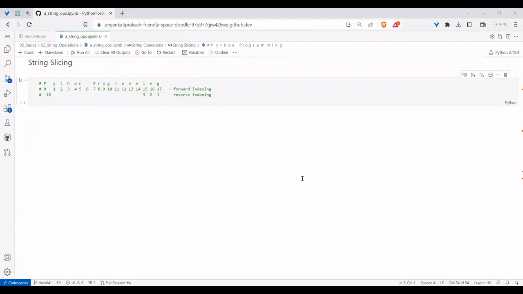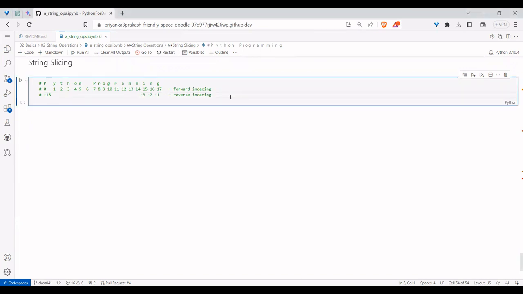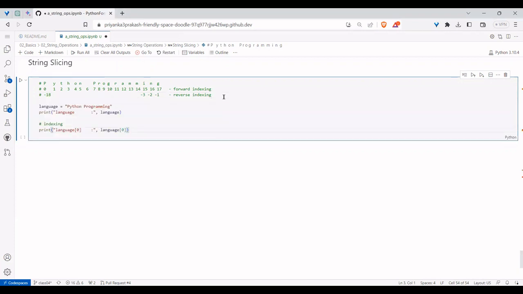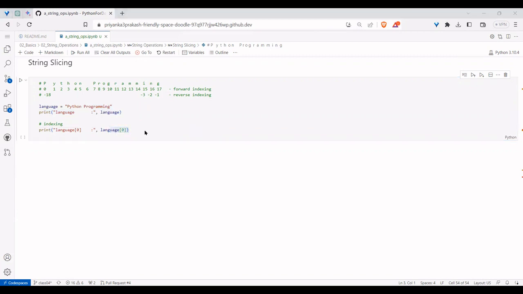Till now, we have understood that if I define a string, I can just walk through it. If I define language, it will say language. If I ask for the 0th character, it will give the 0th value. This is the concept of indexing. Whereas the concept of slicing is very interesting.